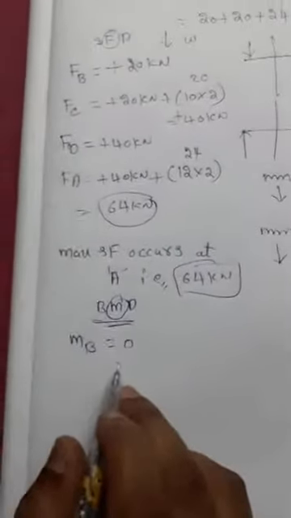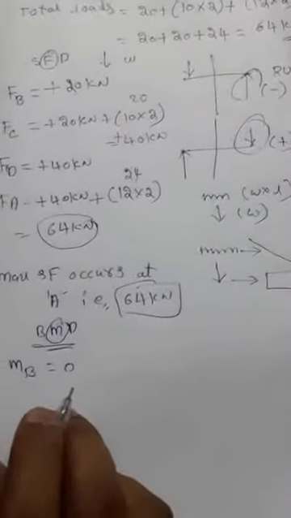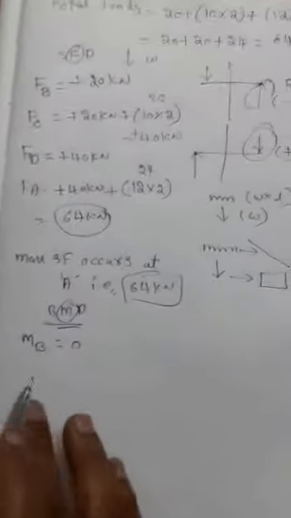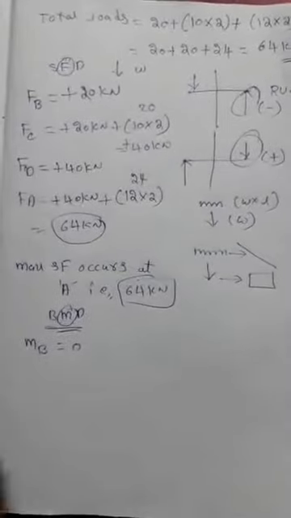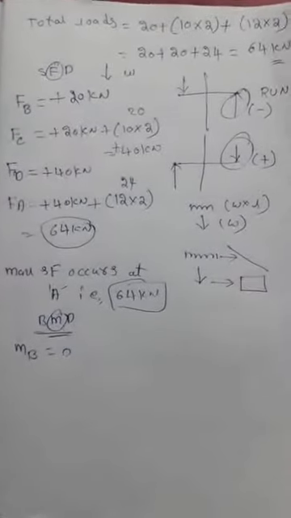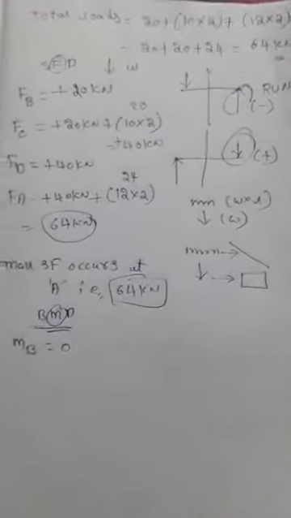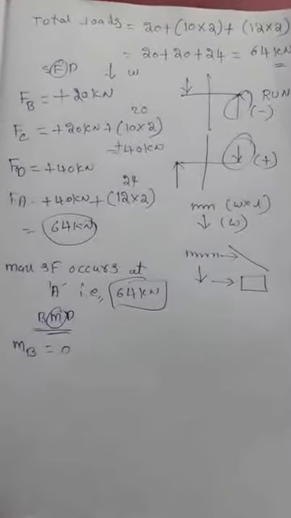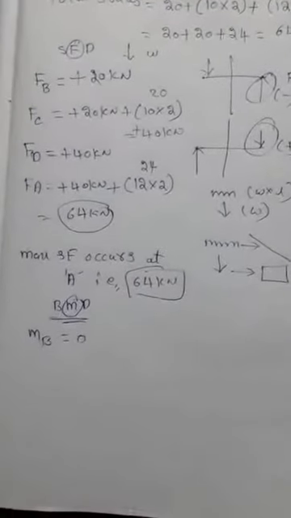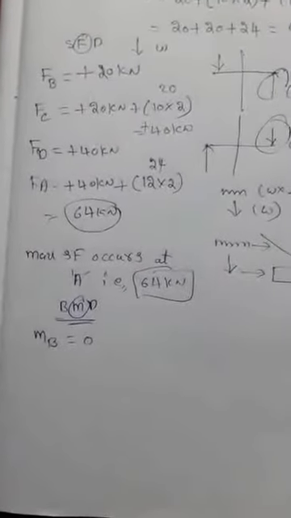For every bending moment diagram, the starting point is 0. If a load is acting at a particular point, the starting point is still 0. Why? Because moment is nothing but force into distance. If a point load acts at B, it acts at the next point, and that is nothing but force into distance. If point loads act on B and on C, these loads act at the next point.